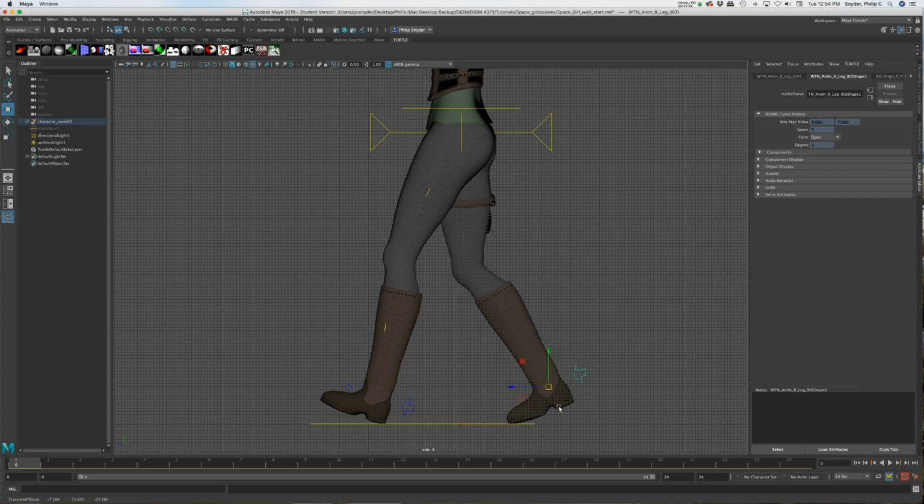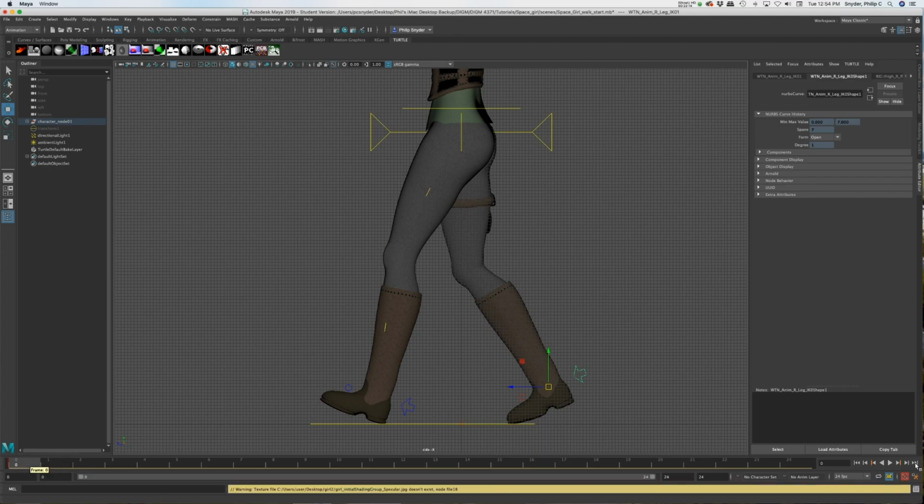So somewhere right around there. She's just going to be taking average length steps, and set a keyframe there. After you set the first keyframe, then the auto key will automatically be extrapolating from that and inserting keyframes whenever you move the object. All right, let's go to frame 13,